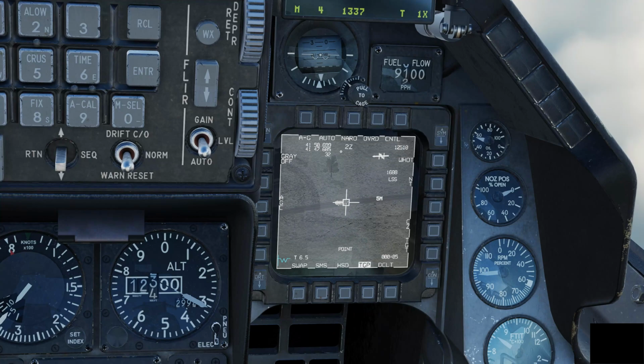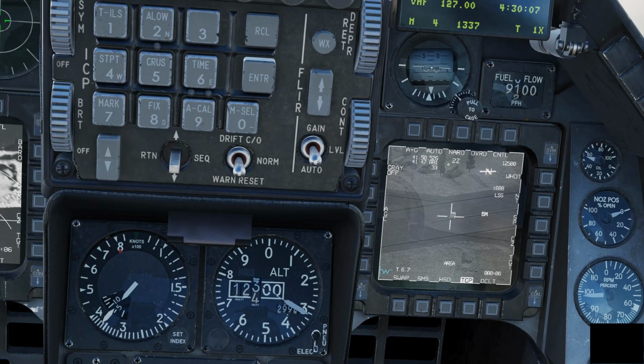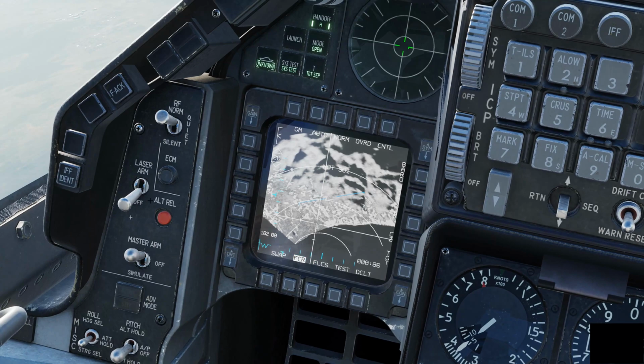To remove the point track, we go TMS down. And if I wanted to bring my camera back to where it was originally, I can press TMS down twice, and that acts like cursor zero. T6.7 is the distance to the center of our camera, where it is looking. To get a better